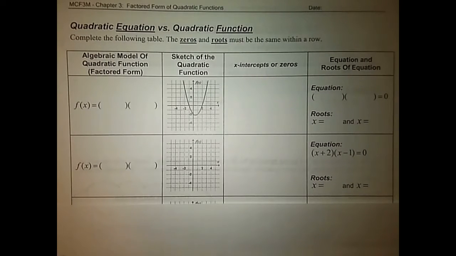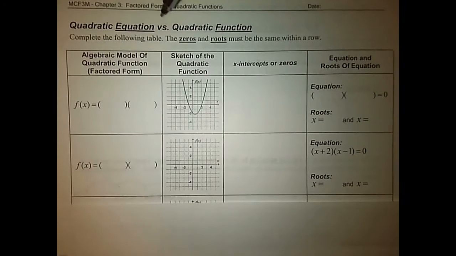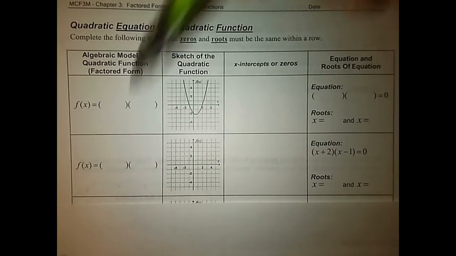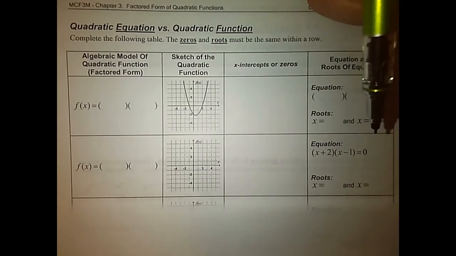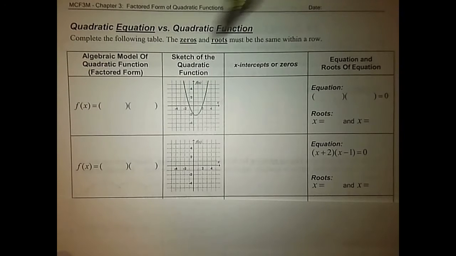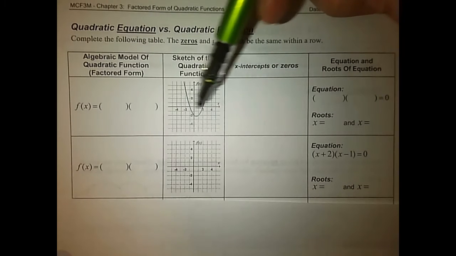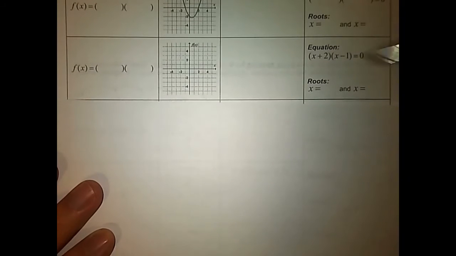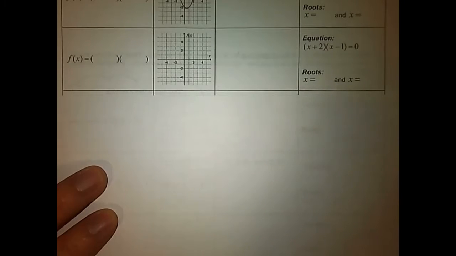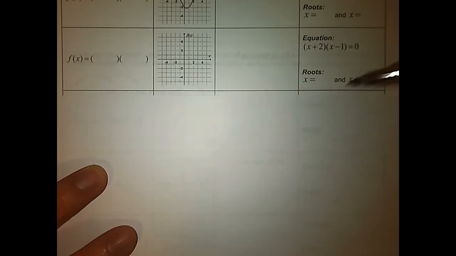So we're on the second page now, looking at quadratic equations versus quadratic functions. So we're going to complete this table. There's a bunch of examples, and the zeros and the roots must be within the same row. So what we mean is when we're looking at x-intercepts, remember they should line up horizontally. And I'm actually going to start with this second example because I think it's better to look at for our equation. So this equation, if x plus 2 and x minus 1 are our factors,